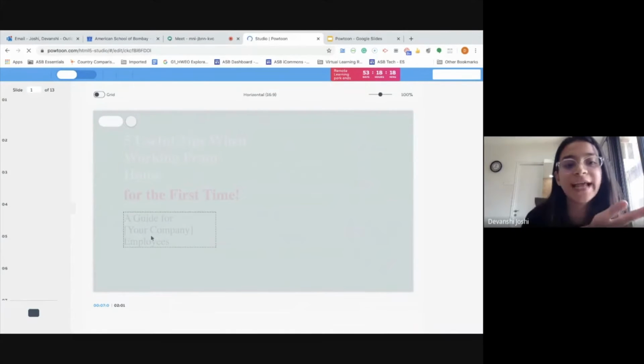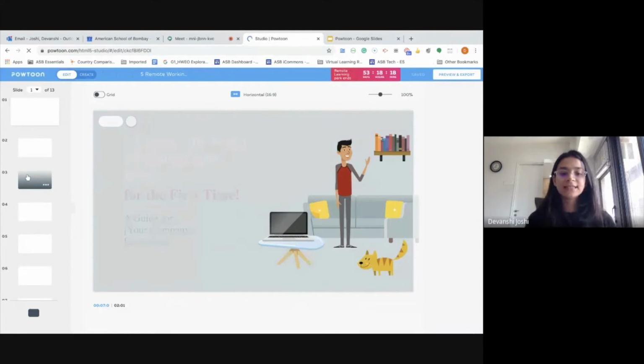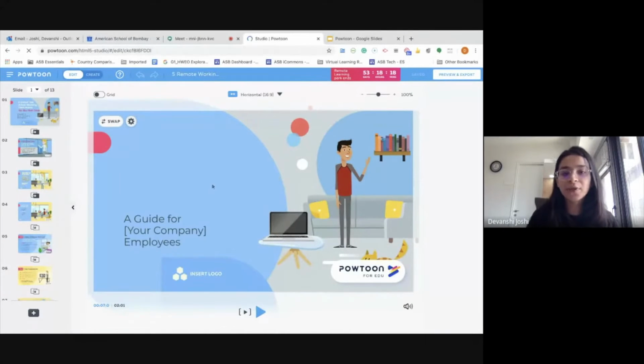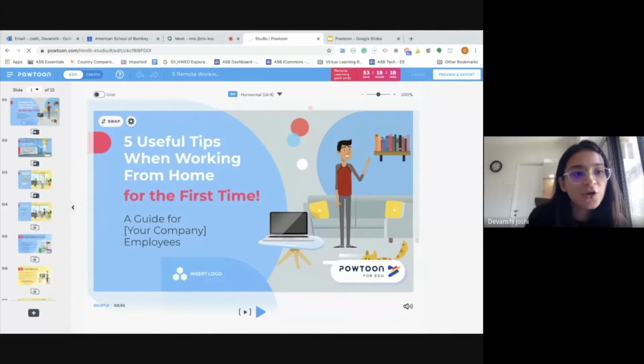As soon as you tap on the template, it's going to open up and you're going to be able to see all the different slides. This is the Powtoon Studio. The center part is the stage where you can work around with the content that you will drag and drop. Then this is the slide panel. All your different slides are going to be visible here. You can add more slides, you can delete, you can duplicate slides. You can change the settings of the slides just by clicking on this icon here. You also have,